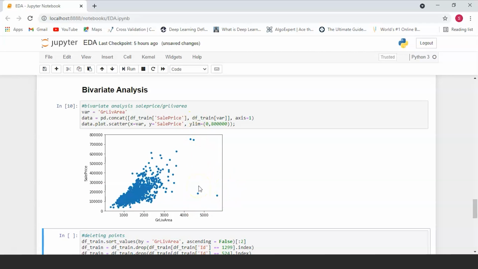We can speculate why this is happening. Over here, as you can see, the greater the living area, the more the sales price. But for these two values, the greater the living area, the lesser the sales price. This is going clearly against the norm of the rest of our data. Maybe it is because these two values refer to agricultural area, and that could explain the low price. In any case, these two values are outliers in our data. Hence, we can delete these two values.